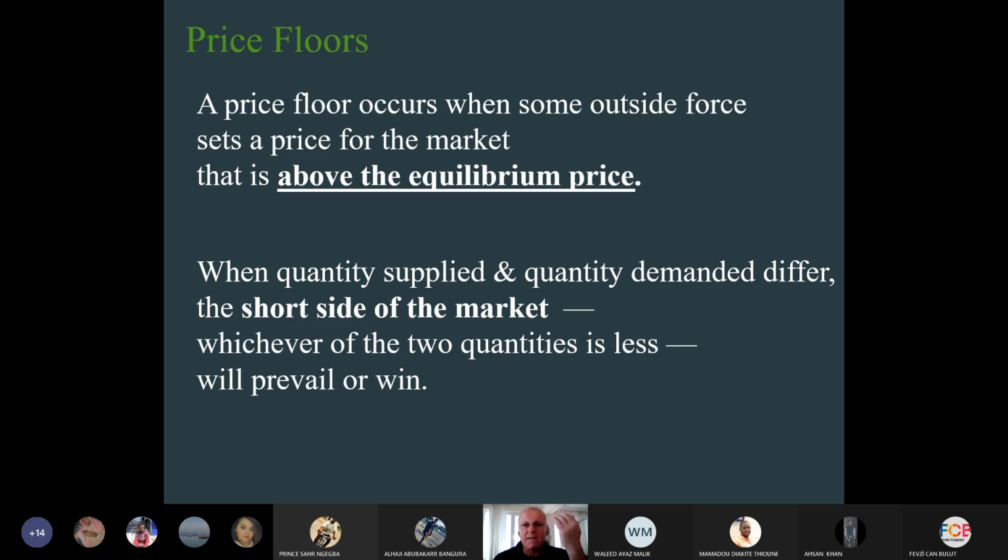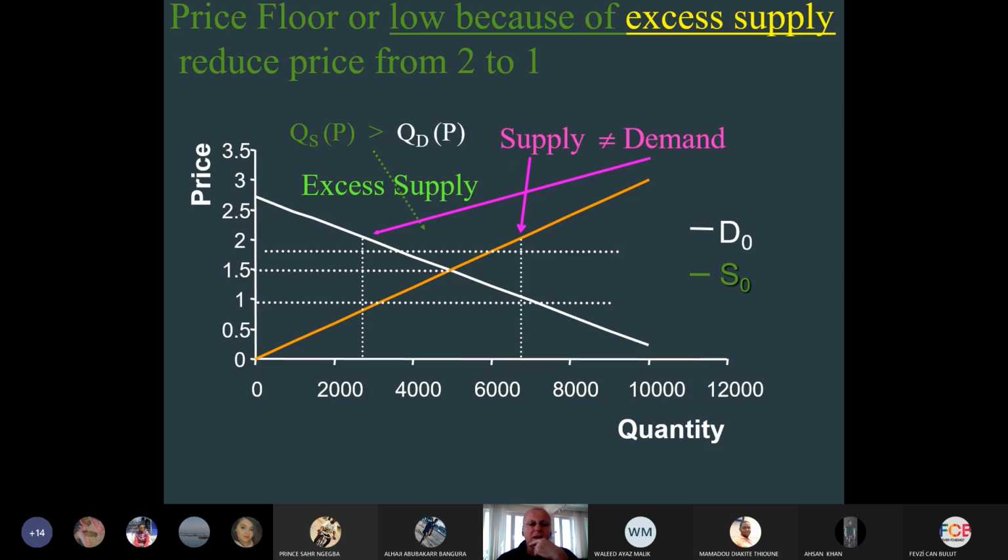This is then the highest price, then the selling price. Selling price is the limit that it is letting you, but price floor is the limitation, so-called, reducing the lowest price that you can do it. When quantity supply and quantity demand differ, the short side of the market, whichever of two quantities is less, will prevail or win. Therefore, price floor or low because of excess supply reduce the price from 2 to 1 again,